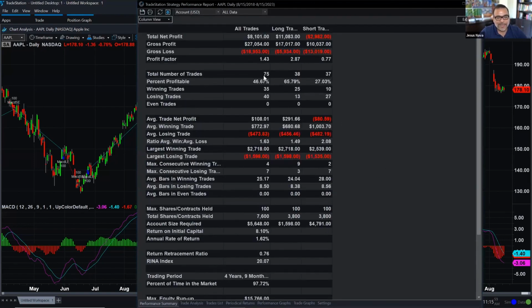I'm not sure if you noticed, but I believe my total number of trades was 84 before I made the changes. Now I'm at 75. My net profit was higher than 9,000. Now I'm at 8,000. So that very small change in the parameters, even though I'm very close to the default, does change the results of the strategy. And that's exactly the point of this presentation, that you can modify the parameters and maybe get better results. In this particular example, of course, we went backward and made the strategy a little bit worse, or not,